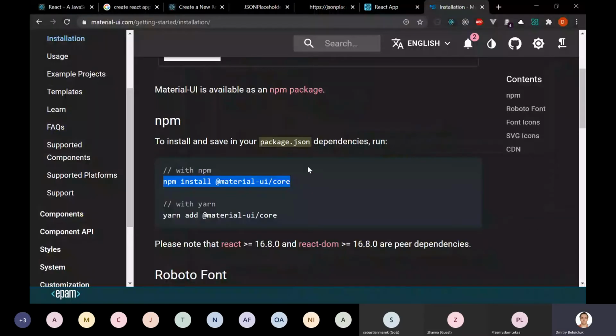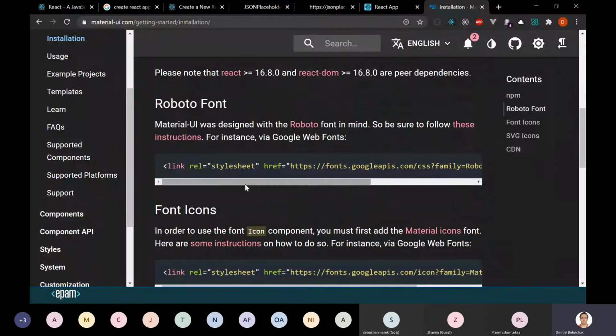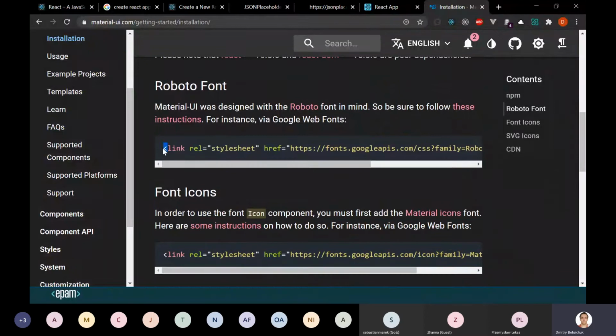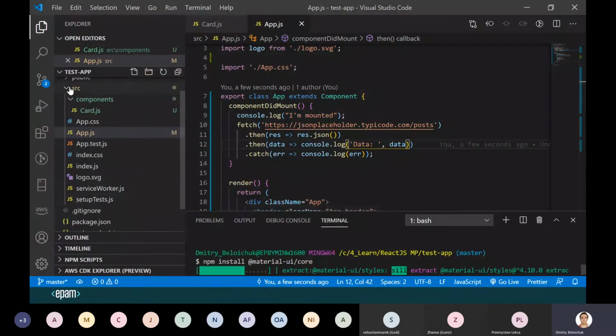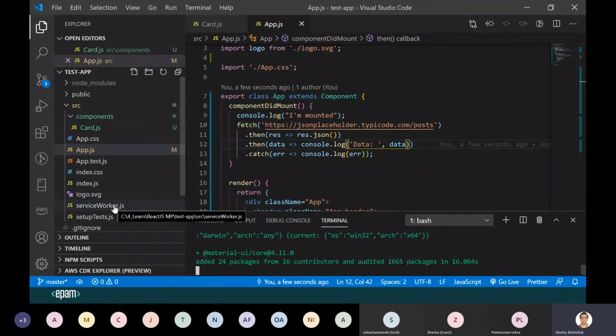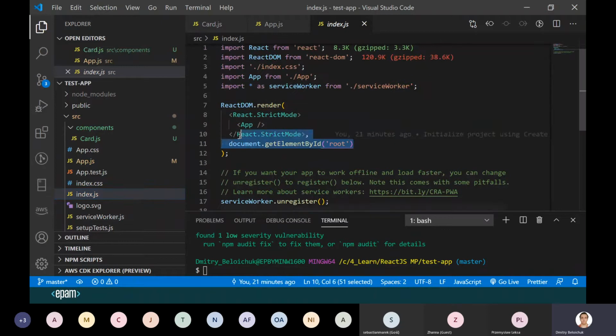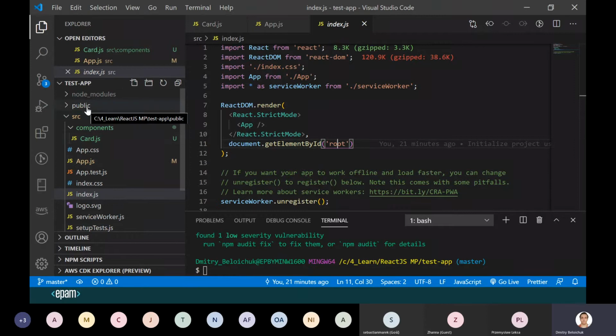like this, and while it's installing, I need some way to include the fonts that this library uses. And how can I actually do this if I don't really see any HTML in the Create React App? What's funny about React is that if you recall the beginning section of React, you need to tell React where to go, where to mount itself. And I can tell from the index.js file that I'm mounting to something with ID root. So I must have some way of seeing the HTML inside this. And yes,